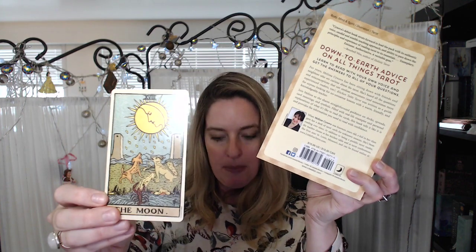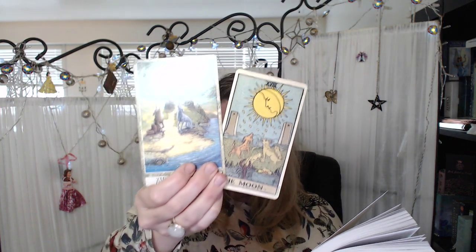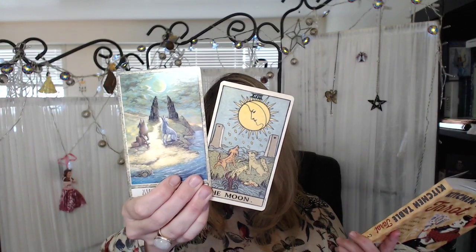And then we have this, the Kitchen Table Tarot by my friend Melissa, and we have the Moon here. These are based on the Rider-Waite-Smith, so of course you're going to find some similarities there. So flexible uniformity: it's not exactly the same, but we see a lot of the same elements in those cards. And then we have here illumination, nervousness, weariness, intuition. So we've got a lot of the same information, but these two authors have a very unique way